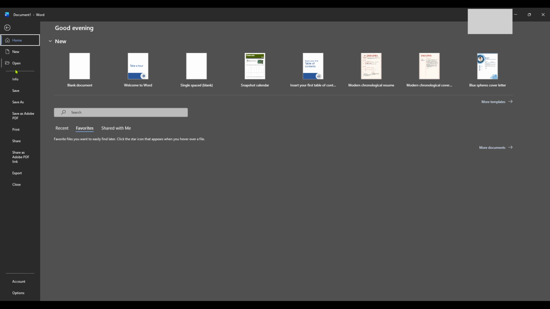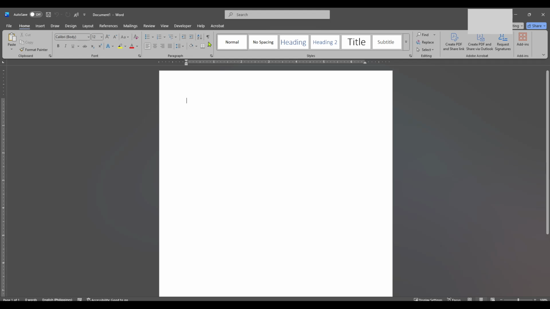With your document now open, take a moment to look at the top section, otherwise known as the ribbon, where you see all sorts of tabs like File, Home, Insert, and others. You'll want to navigate over to the Review tab. It's positioned right around the middle of all those tabs. Click on that to bring up a new set of options specifically for reviewing your document. Now we're getting closer to the solution.